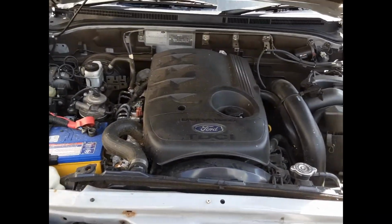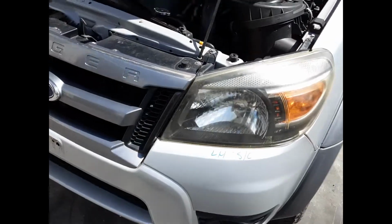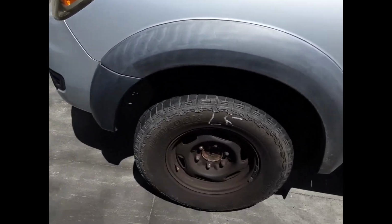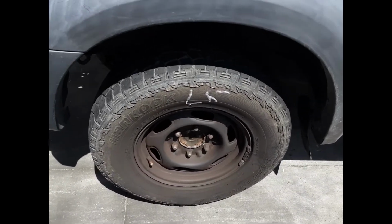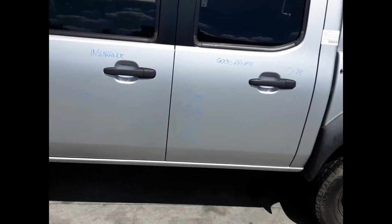WEAT 3 litre 4-cylinder turbo diesel engine with the grey radiator grille, left-hand headlight, left guard appears to have no damage. Left front 15-inch steel rim with an average tyre, left power door mirror, left guard has one small dent, left door has one small dent, left rear door has 5 small dents, right rear 15-inch steel rim with a